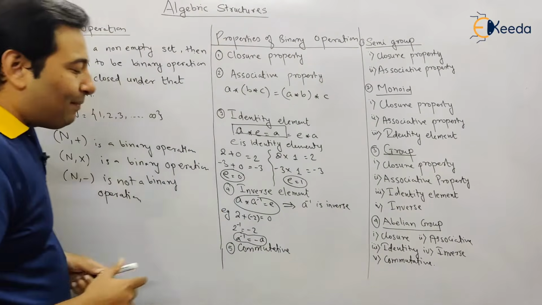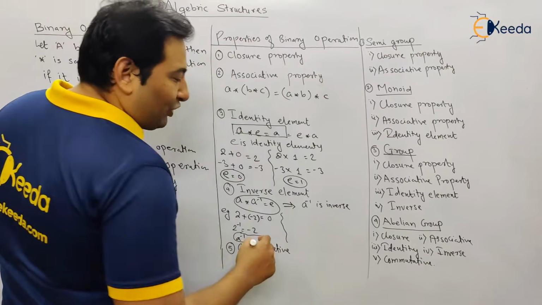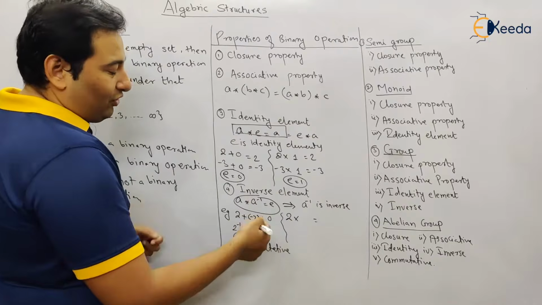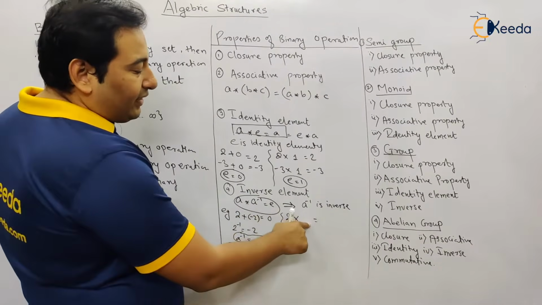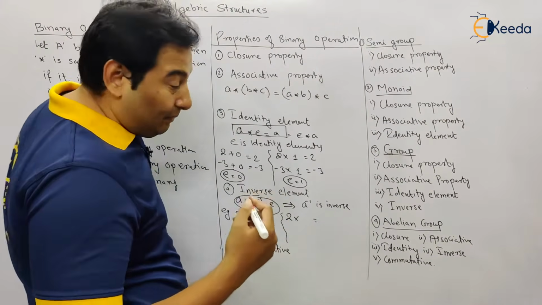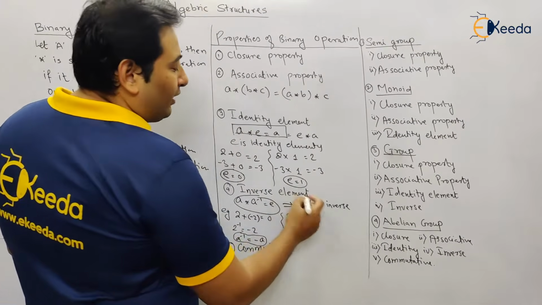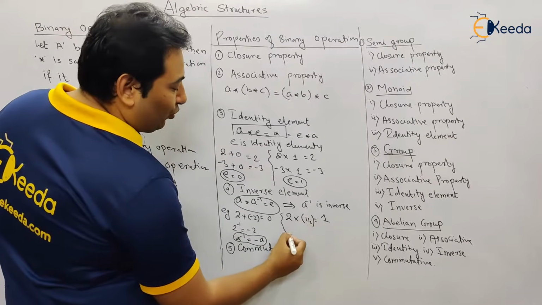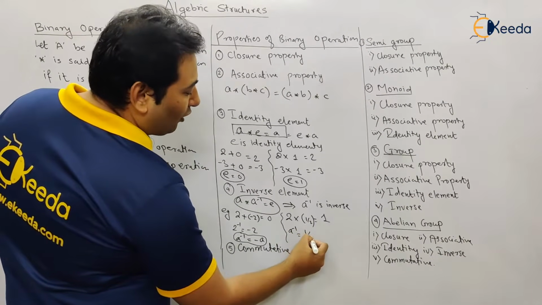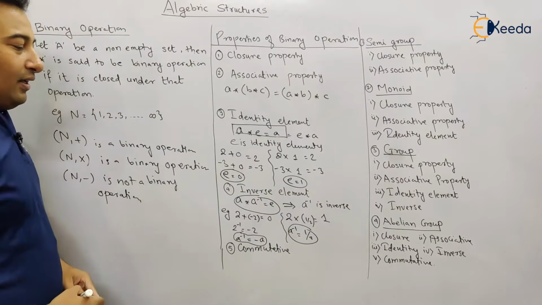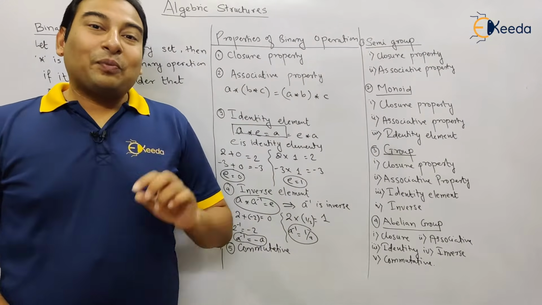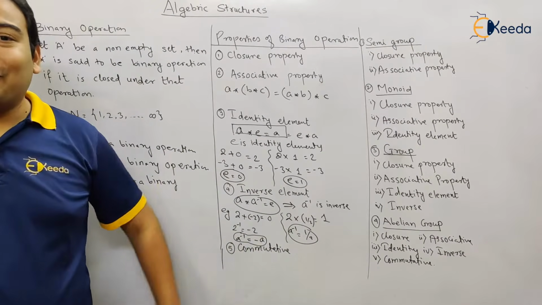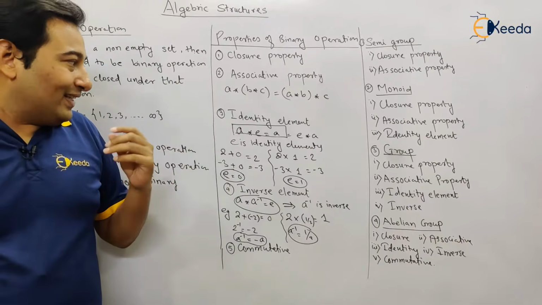Now let us discuss the same example with respect to multiplication. Here it is 2 star multiplication, not star basically. E is the identity element. Now we are talking about multiplication. So what is the identity element? Now it should be 1 here. So what should I write here? 1 upon 2. So you can say A inverse is 1 upon A. A inverse is 1 upon A with respect to what? With respect to multiplication. But A inverse is minus A with respect to addition. So you should know these things. So I think this is clear.